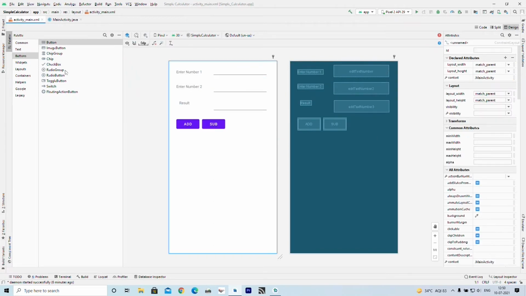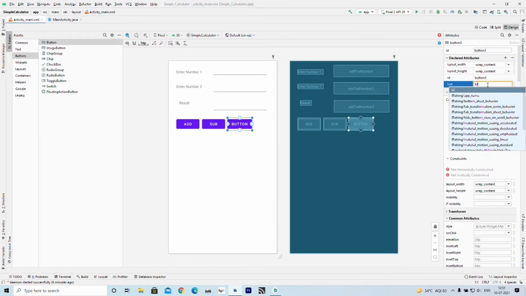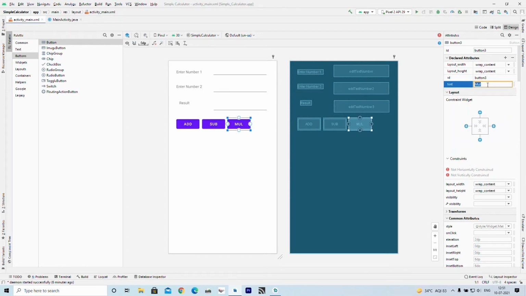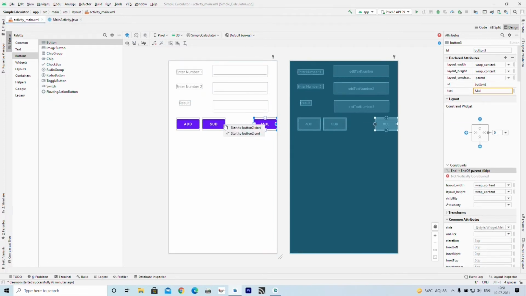The third button is the multiplication button. So I am dragging that button and changing its text to MUL, which represents multiplication.